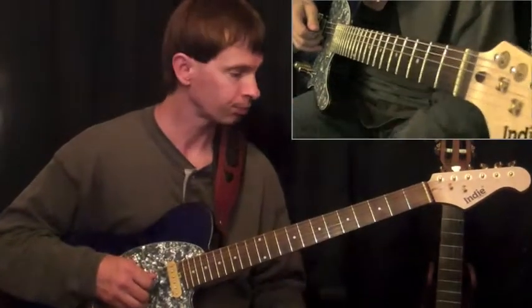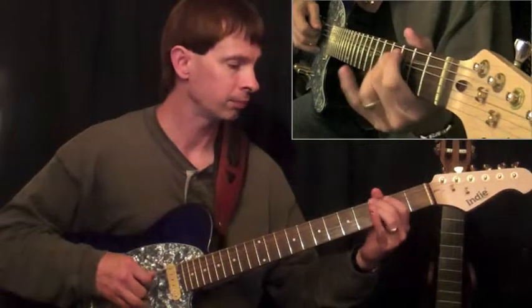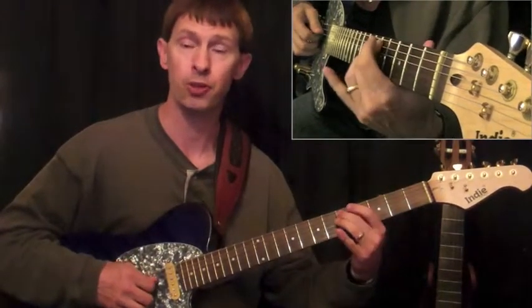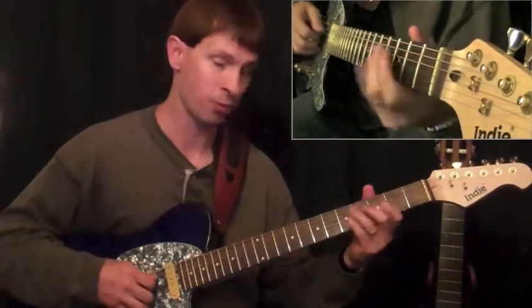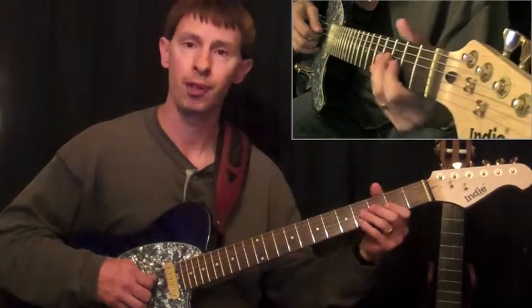How that would work. Now at this point here, I'm going to slide 5th string from 3 to 5, 4th string open twice. Okay, now I'm going to refer to these as frets now, because I'm going to be sliding up the fingerboard. I'm going to go to 4th string, 3, 4, and